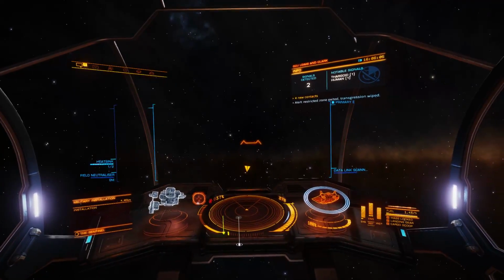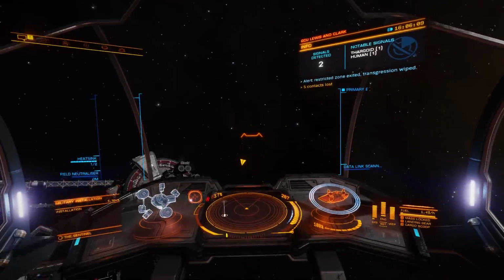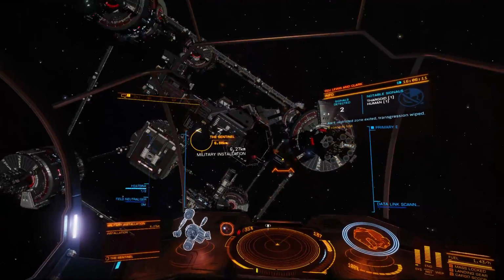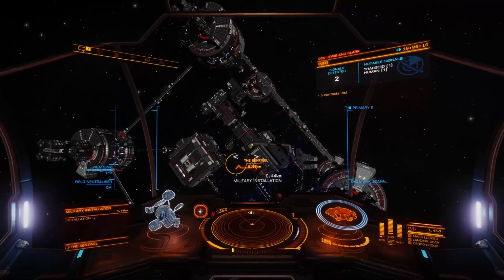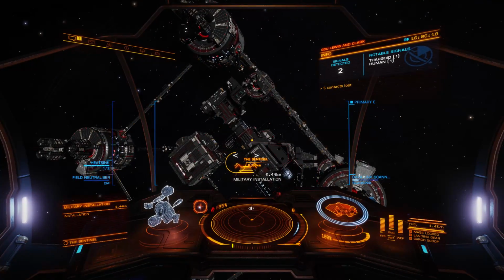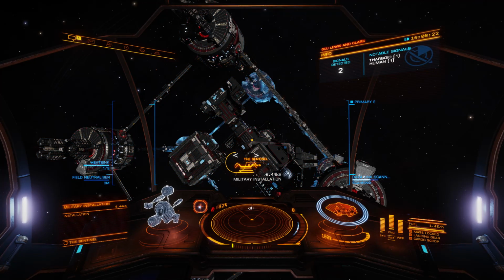Alright, so there's some kind of military installation in orbit around Delphi 6. It gets very itchy trigger fingers if you get too close. Although I'm able to get very, very close before I trigger the boundary warning. And it's called the Sentinel. See if I can